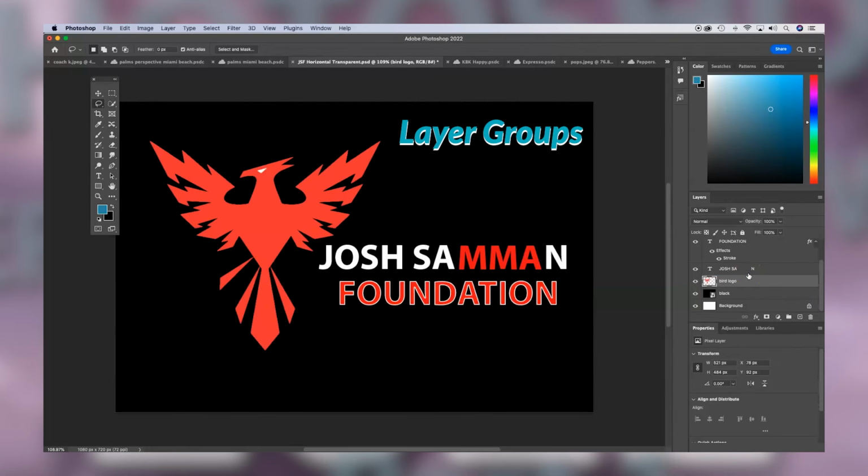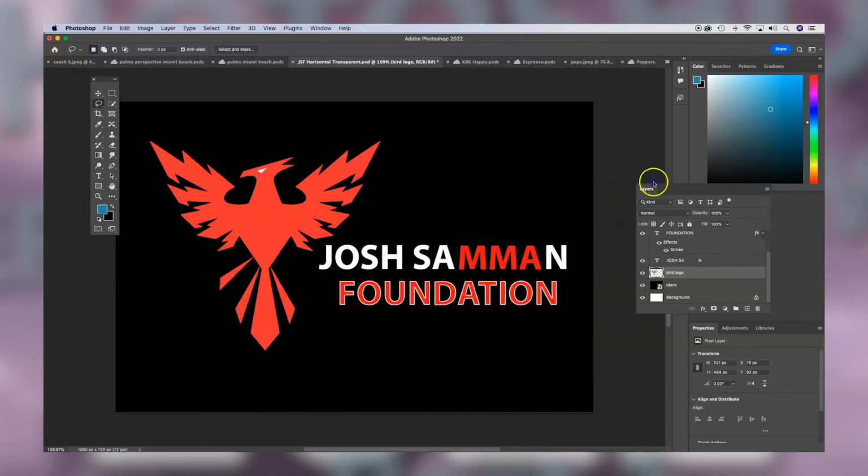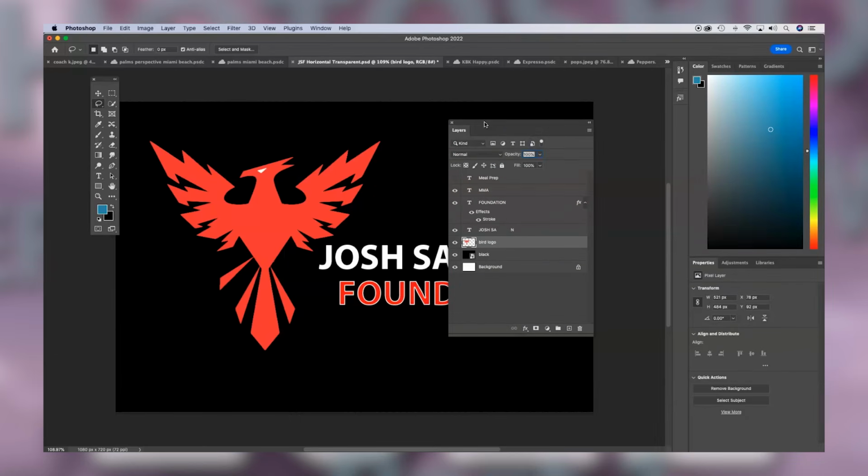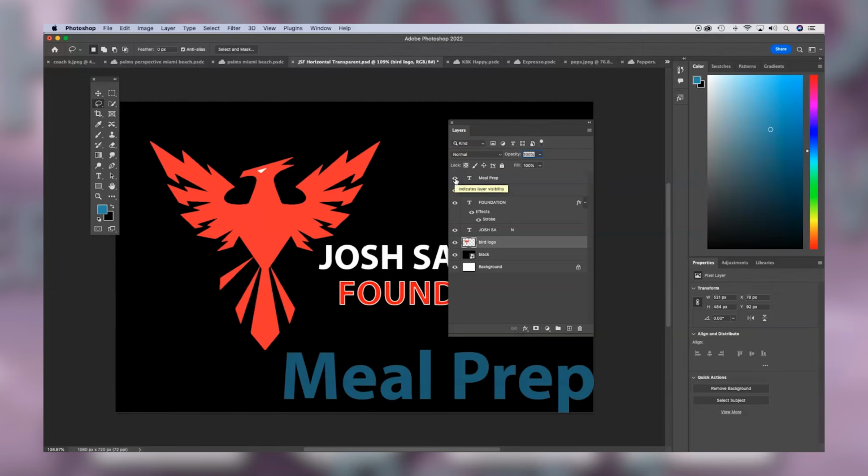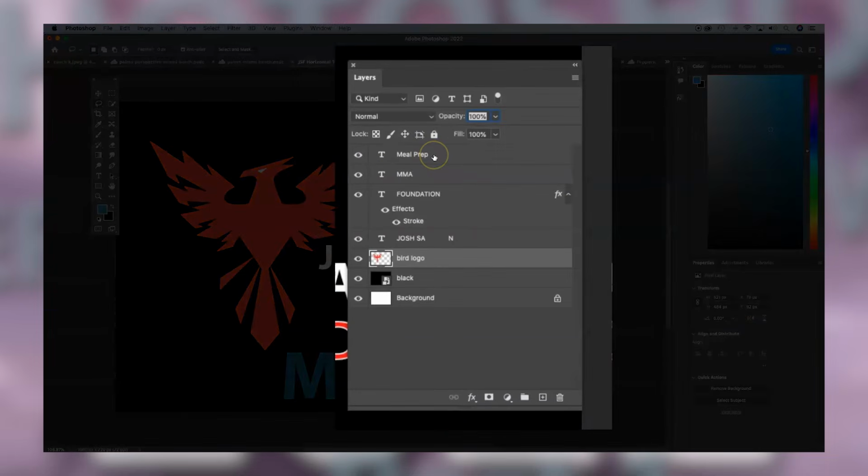We can also organize our layer panel with layer groups. Let's pull our layer panel out so that we can see it a little better. In this case, we want to indicate the layer visibility of our new meal prep layer. We want to create a layer group of all our text, so all of our text layers are nice and organized in that layer. Quickest and easiest way to create a layer group with all your text layers is to